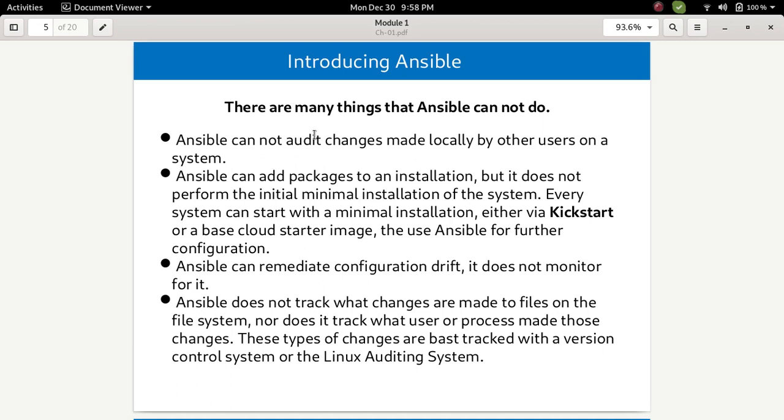Second, Ansible can add packages to an installation. Yes, but it does not perform the initial minimal installation of the system. For example, when we talk about bare metal installation, where we use PXE to boot our system over the LAN and install the operating system, Ansible can install the packages, but Ansible cannot provision your bare metal system because it's not a provisioning solution,